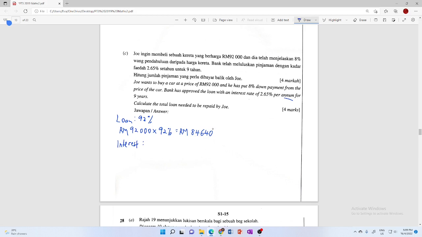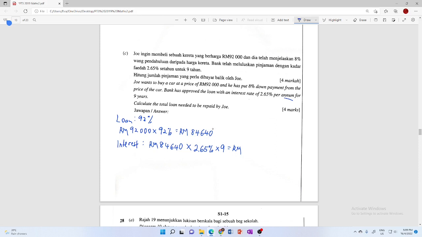The interest will be 84,640 will be the loan times with the interest rate, which is 2.65%. This is per year, so total is 9 years,